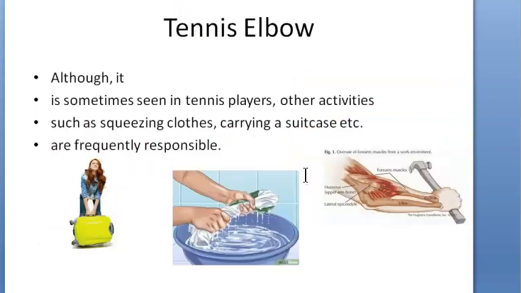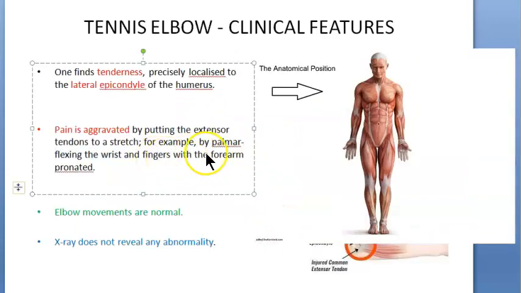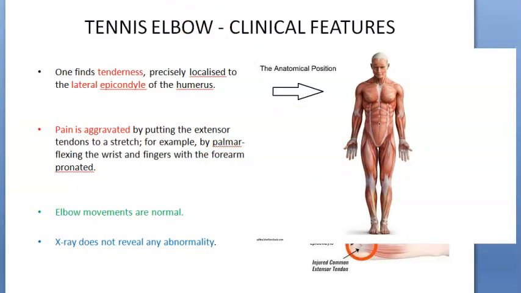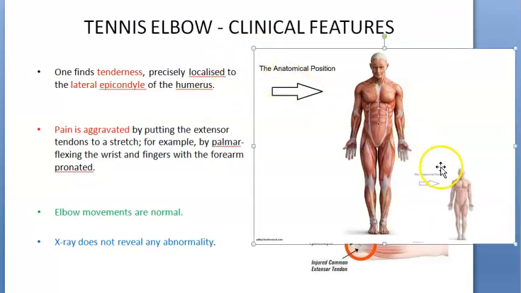Extensor muscles. Not only in tennis, people who wring clothes, lift weights, use a hammer, all those people will have this. You should keep the forearm pronated. This itself is forearm pronated, right? Now what you do is you flex the wrist and fingers. Wrist and fingers you flex. Keep the arm straight. Flex the wrist and fingers, and if there is pain, that will be the way of saying that there is